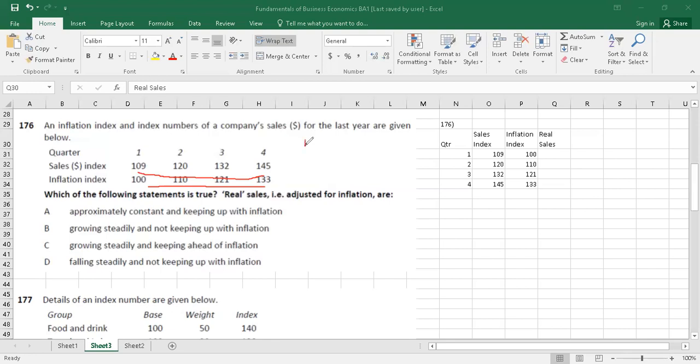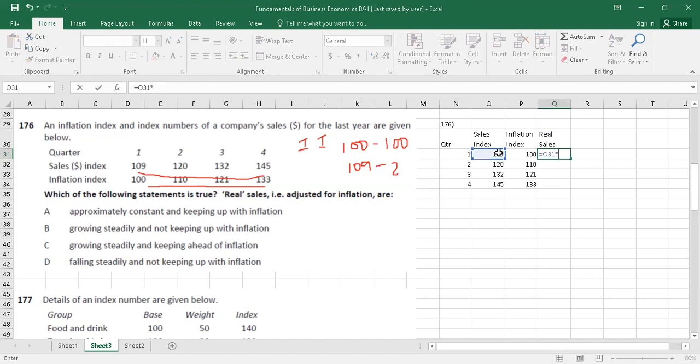So the inflation index becomes the base. If the inflation index, which is 100, is taken as 100%, what should the sales actually be? The real sales should be. Now the sales were at 109. What percent is that? Similarly for everything. So what do we do? It is equal to 109 into 100 divided by